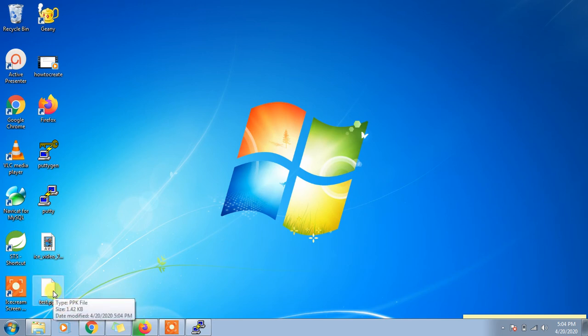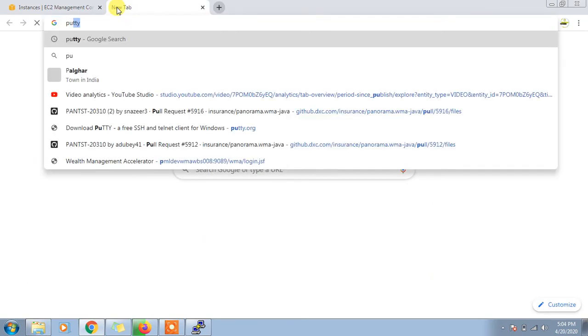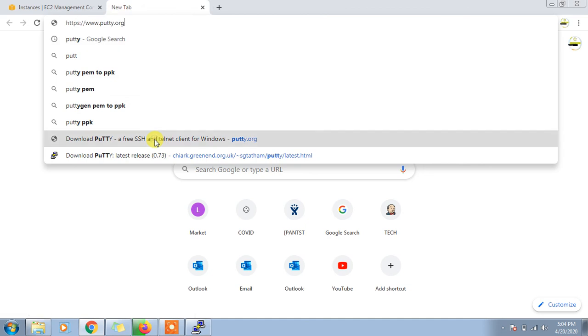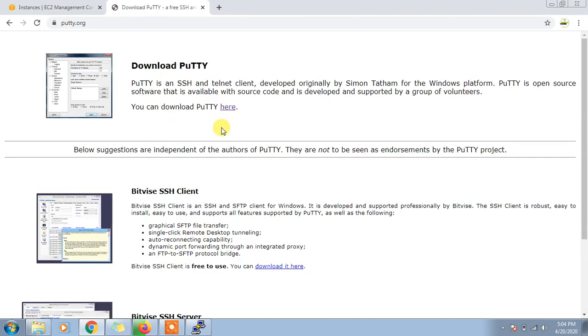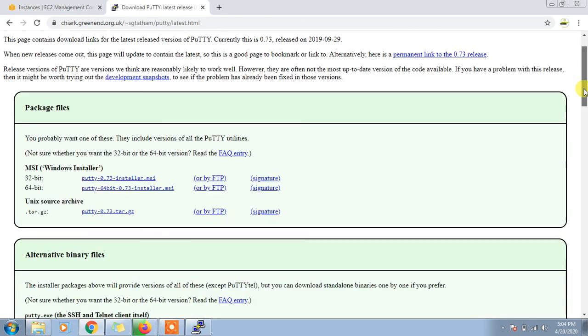Suppose you have only the PEM file. I am going to show you where you can get PuTTYgen and PuTTY. Go to putty.org, and there you can download PuTTY. Once you click here, you will find all the options available for PuTTY and PuTTYgen.